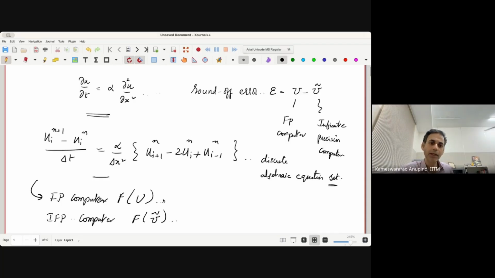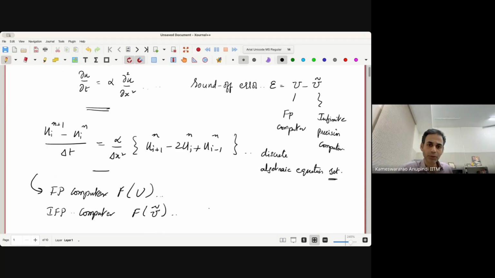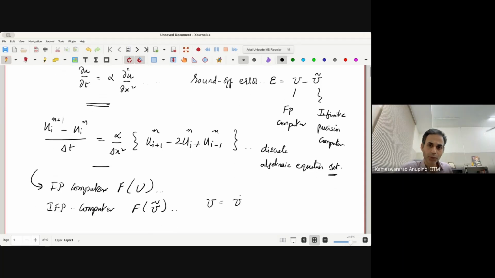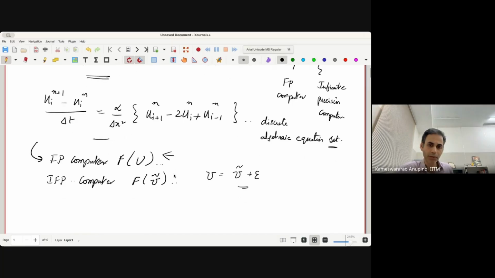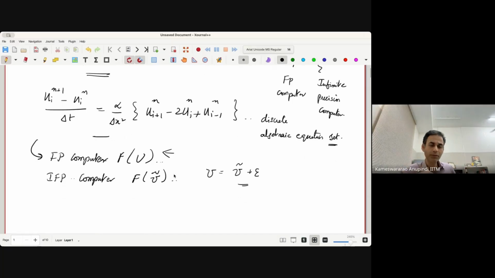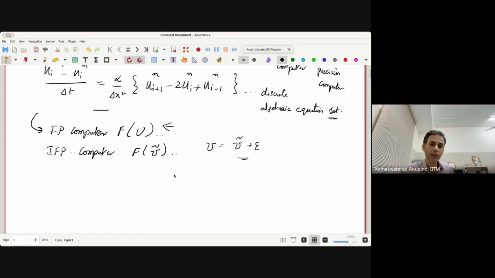And then we said we're going to substitute u equals u tilde plus epsilon into the first equation. Then we have two equations, one in terms of u tilde plus epsilon, the other in terms of u tilde. Then we subtract off the u tilde equation from the u tilde plus epsilon equation, which is going to leave us with a governing equation